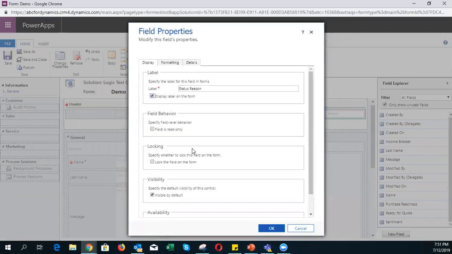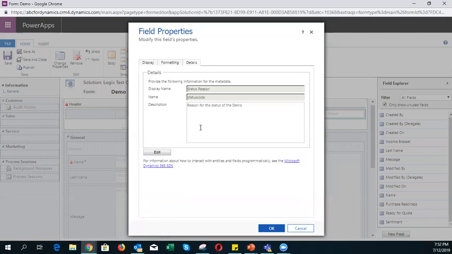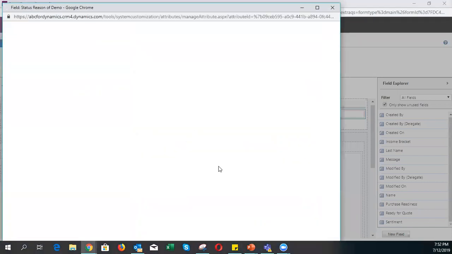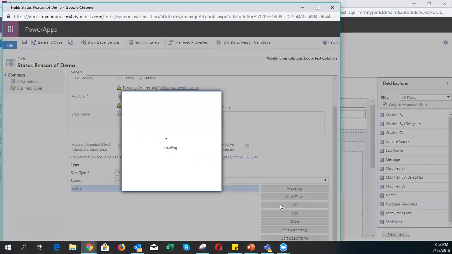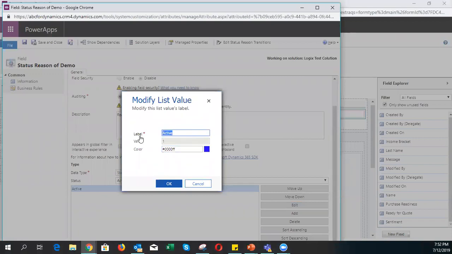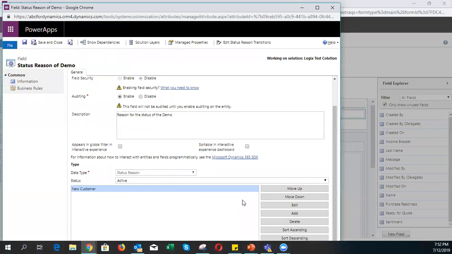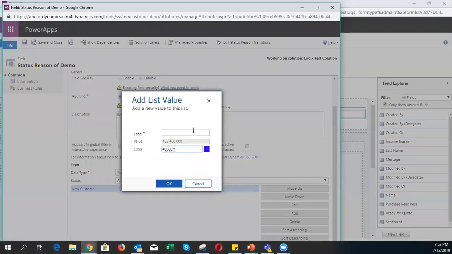And let's actually change the values that are in the status reason. So if I go to details over here and I click on edit, and if you see over here in my status reason, I currently only have 1 value of active. All right, so let's go and edit it. I want to have this as new customer, and click on OK, and then I can add a new one,